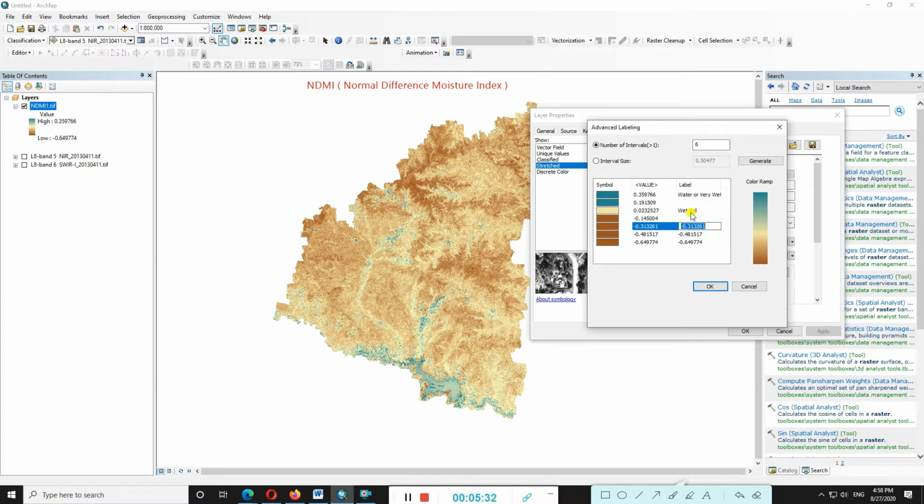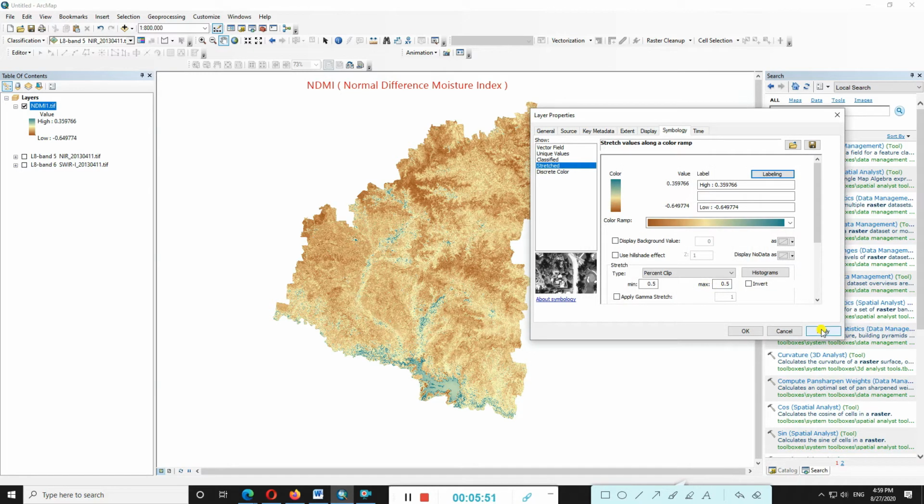Then next, dry soil, then very dry soil. Click on OK. Just apply that. You can see the result there, just OK.